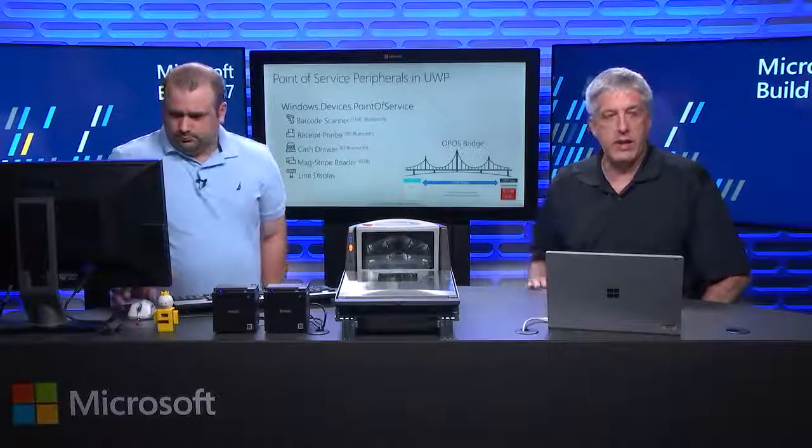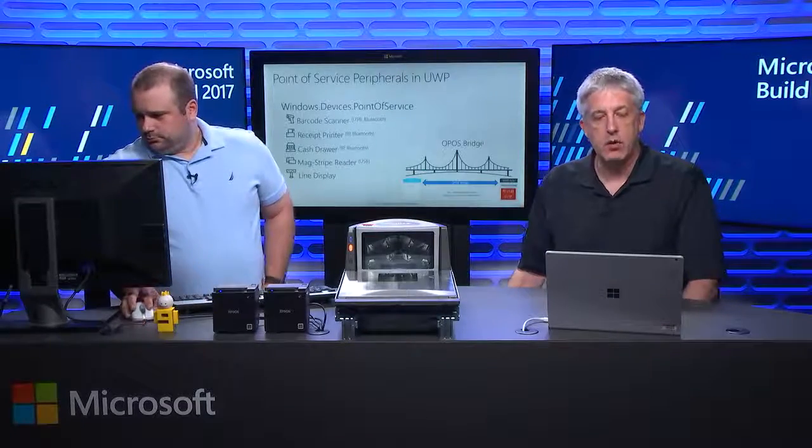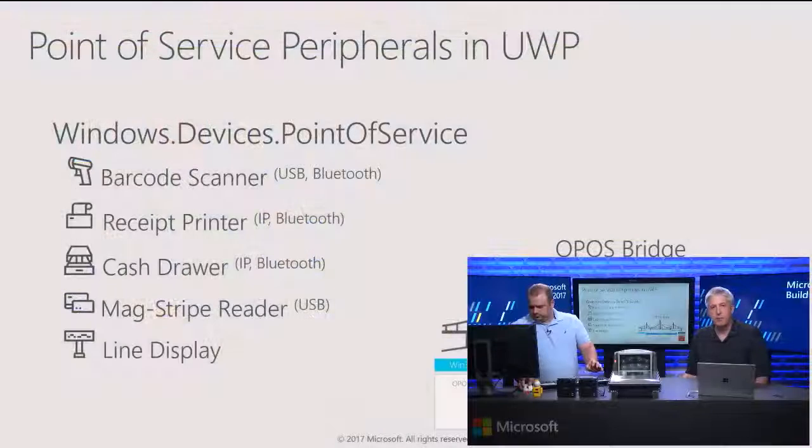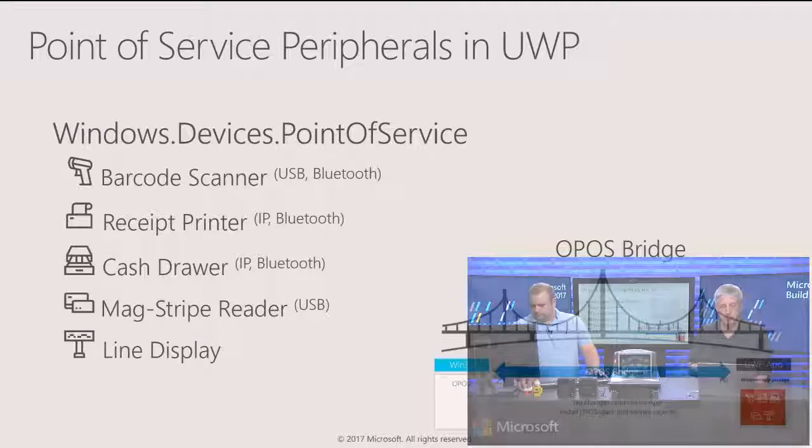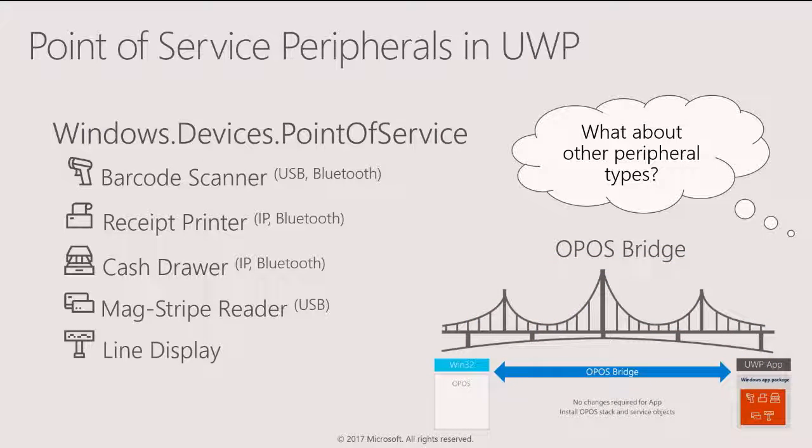So now, in a recap, as you can see, the OPOS bridge helps fill a gap in USB connectivity for receipt printer, cash drawer, and line displays. But what about other peripheral types, such as scales, or fiscal printers, and so forth? Before we get there,